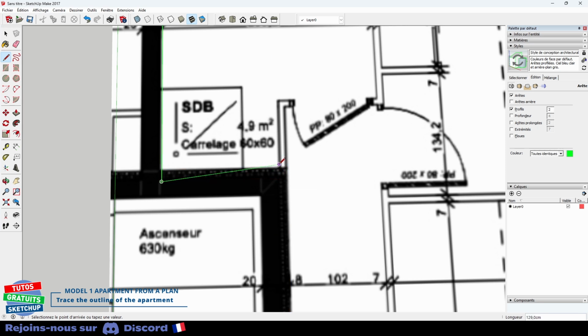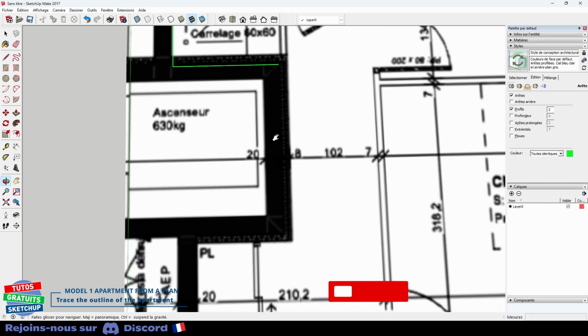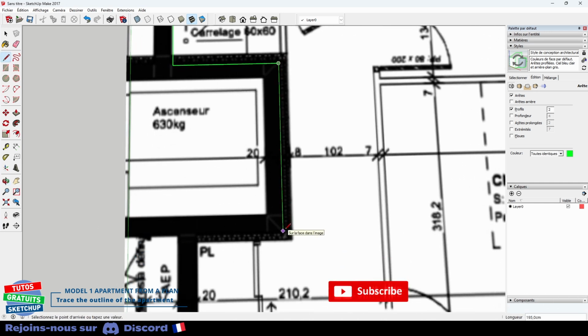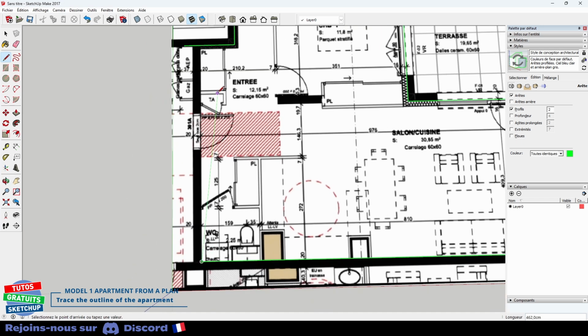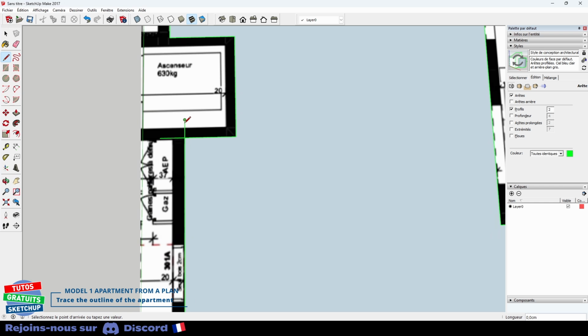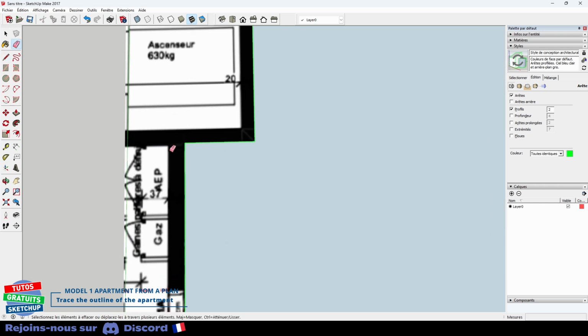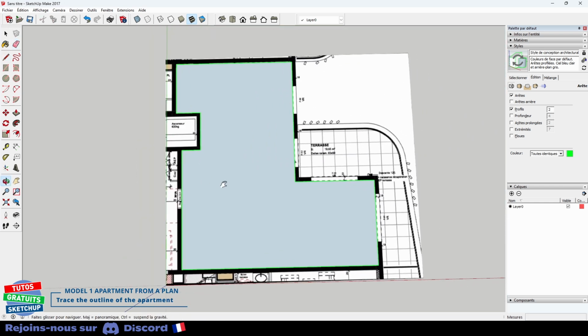There, I try to align myself roughly with this partition there. Here, same principle. I have insulation. I'm going to go over because I am going to have to start from the bottom to make sure I am properly aligned. I'm overshooting. I'm going to erase my 2 lines. The perimeter is finished for now.